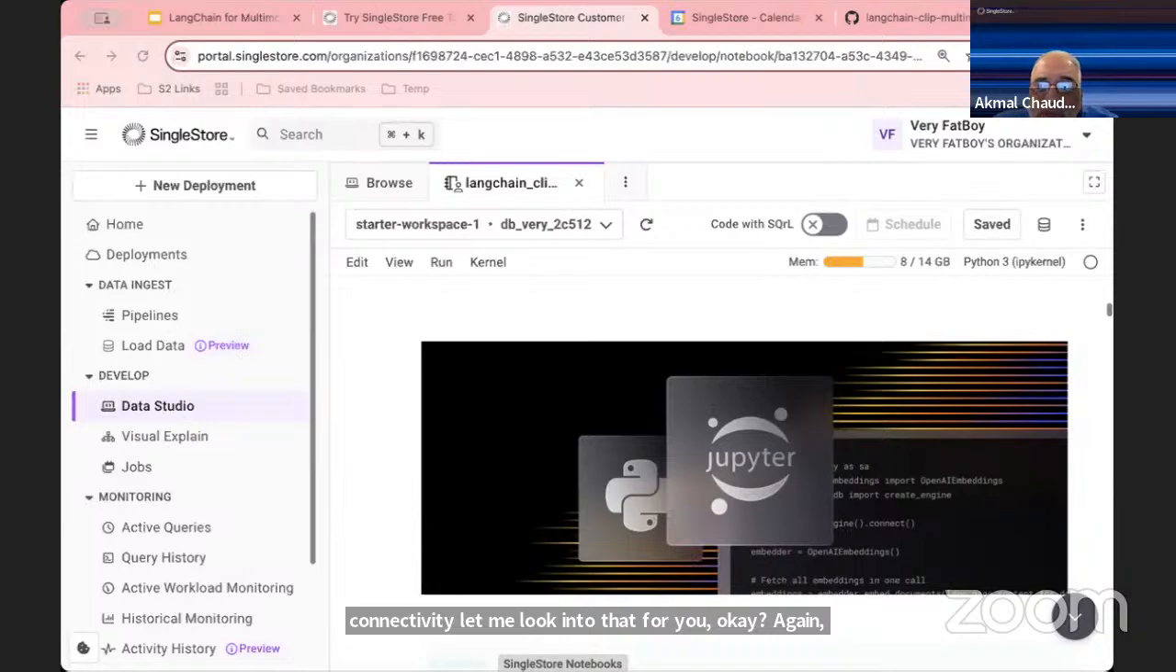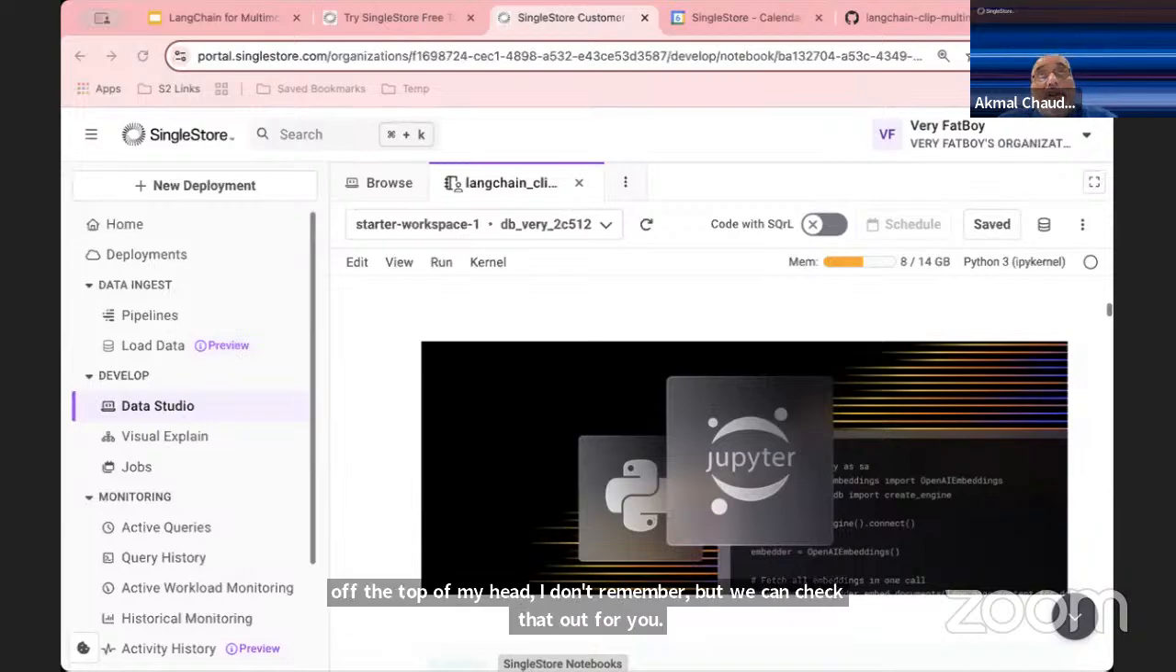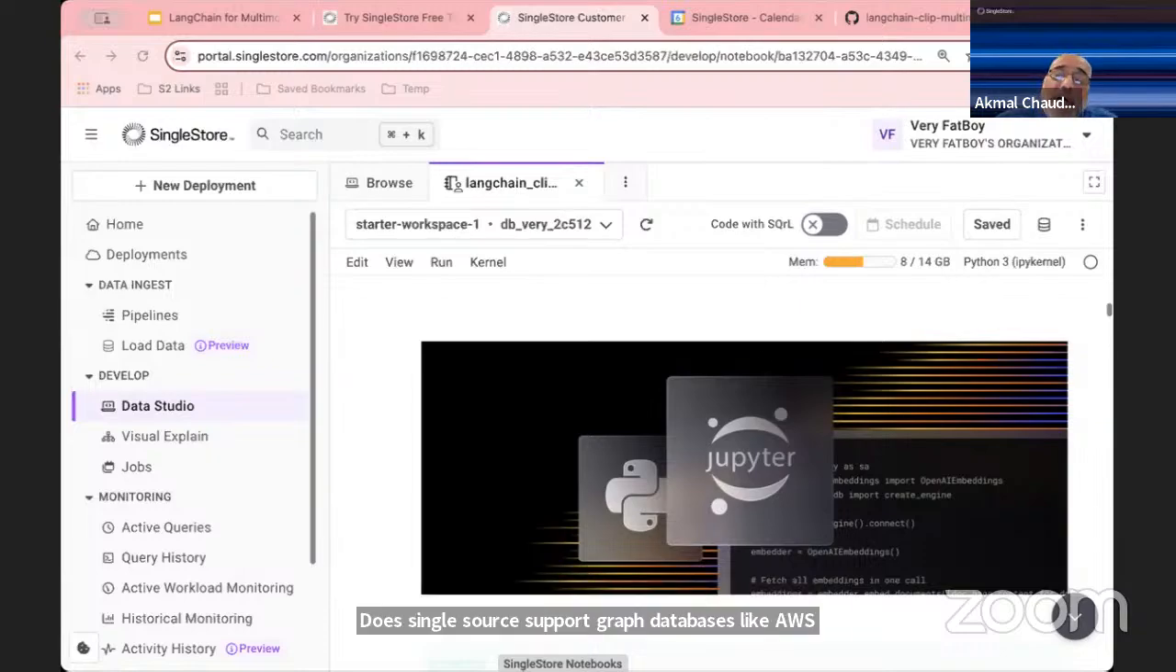Does SingleStore support graph databases like AWS Neptune? Not at the moment. So we do all the other multi-modal, as you saw: geospatial, time series, JSON, full text. Graph is something not currently supported, but you can do graph-like operations using recursive CTEs, which is something that